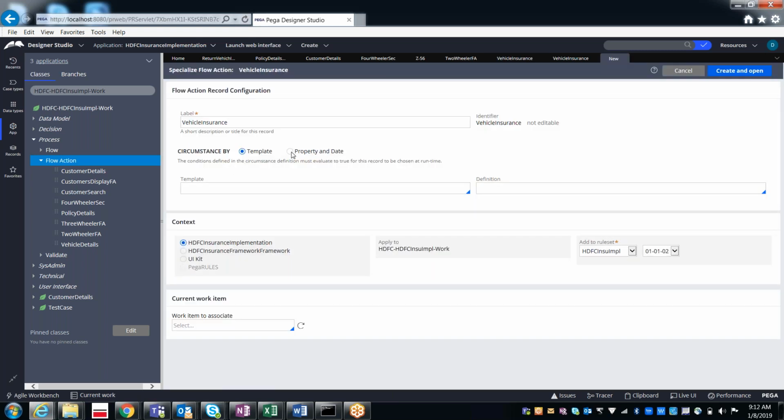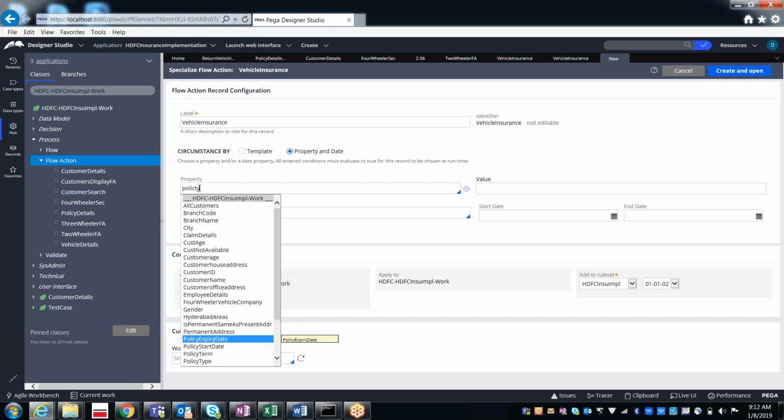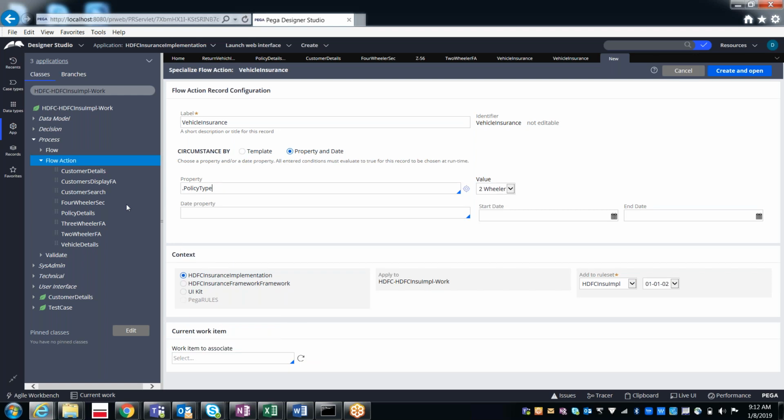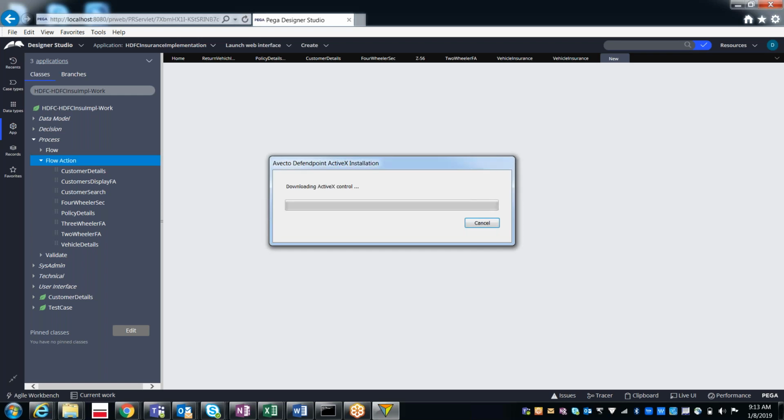Again, based on the property, the property will be referring to the same thing, policy type. This time the value is three-wheeler. So in this three-wheeler flow action, we are going to refer to the section which is referring to the three-wheeler vehicle insurance details.